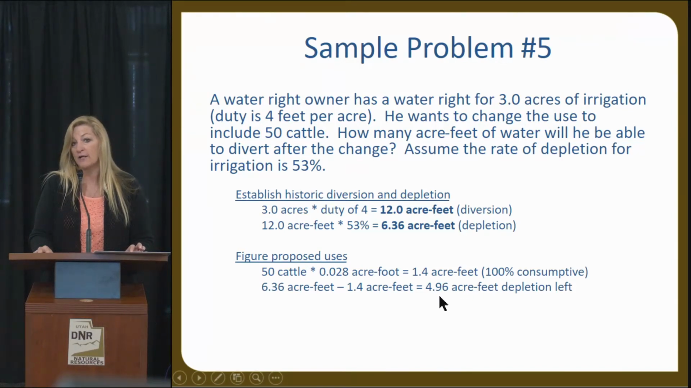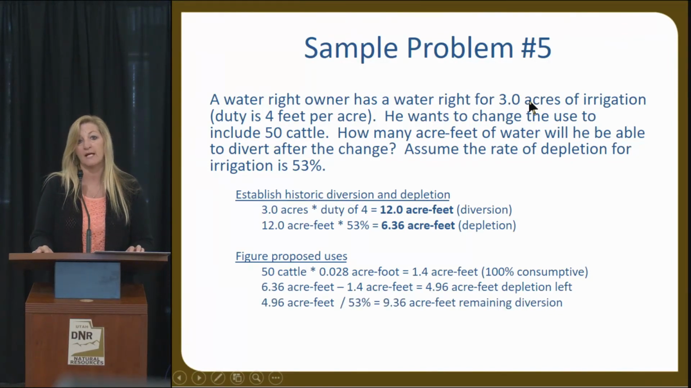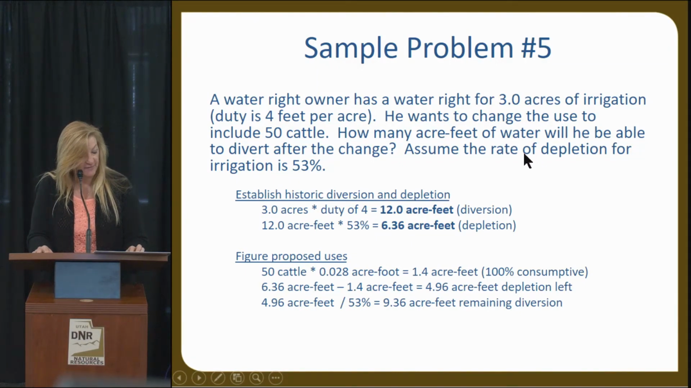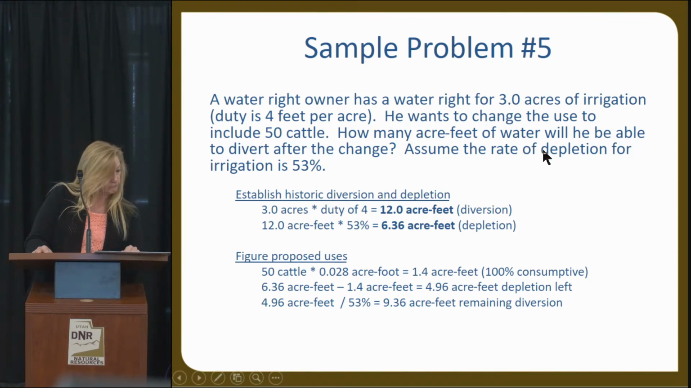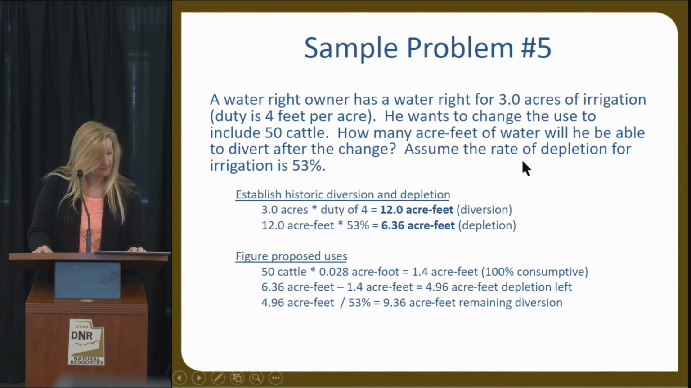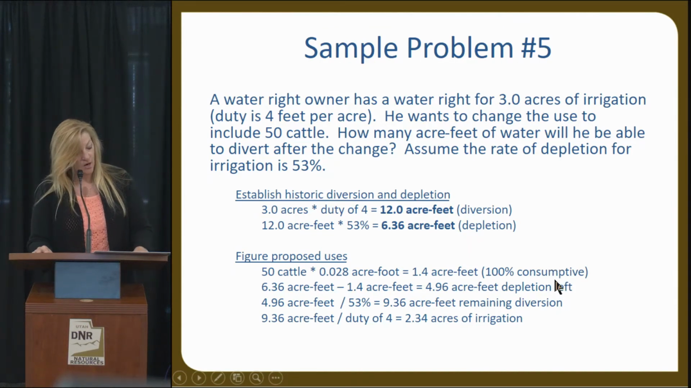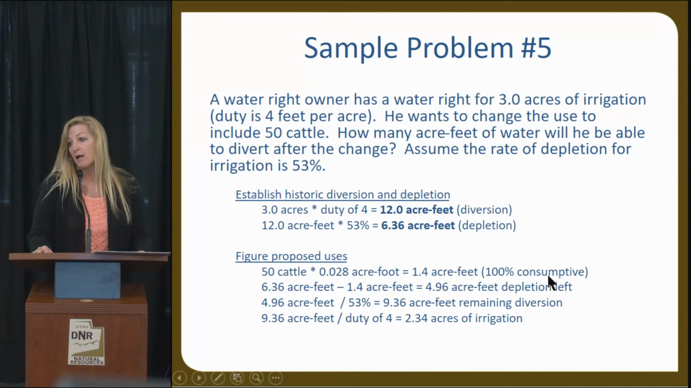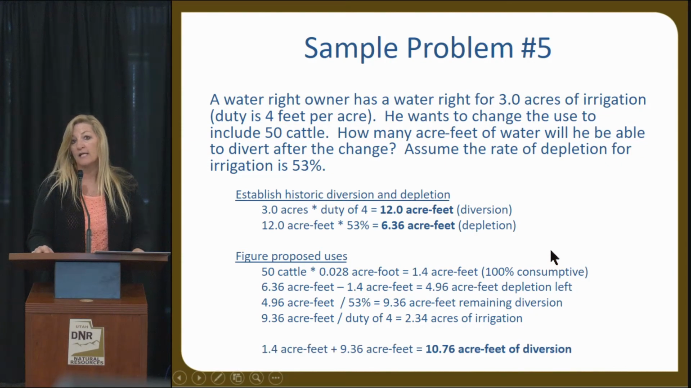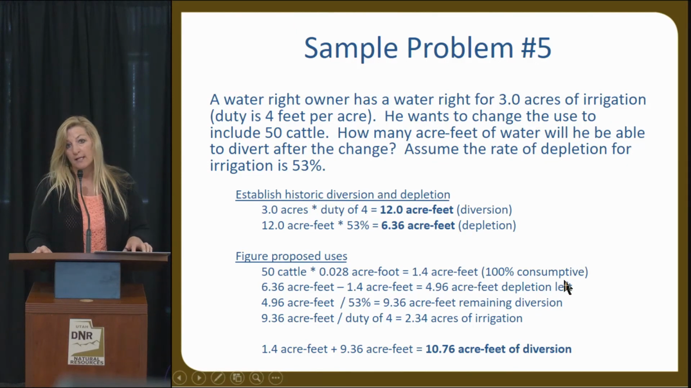So our irrigation cannot deplete more than that on our hereafter acreage amount. Okay, so the 4.96 acre feet divided by the 53% for the depletion gives us 9.36 acre feet remaining in our diversion. So 1.4 plus 9.36 does not equal 12, okay? But he can now irrigate 2.34 acres of land. And that will keep him in compliance with both his diversion and his depletion, which is either equal to